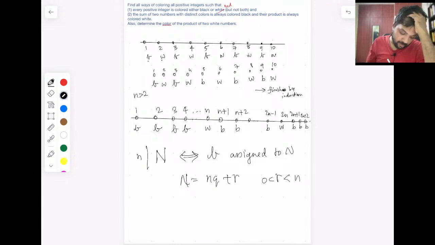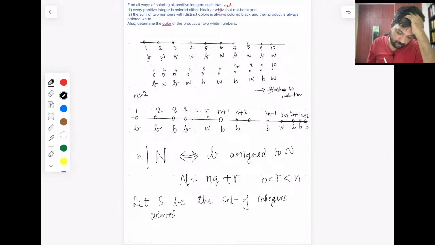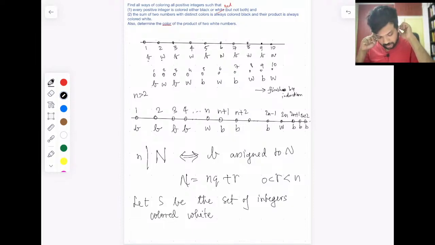Let S be the set of integers colored white. Let's say that's not enough. We need to put more things. Product of